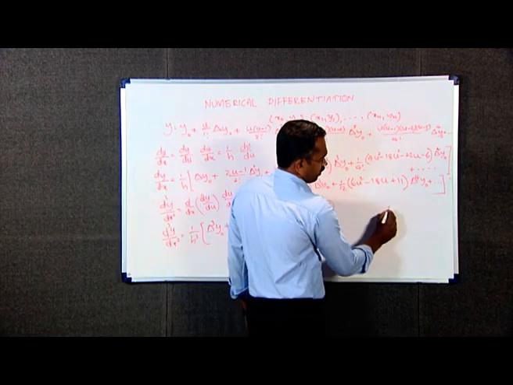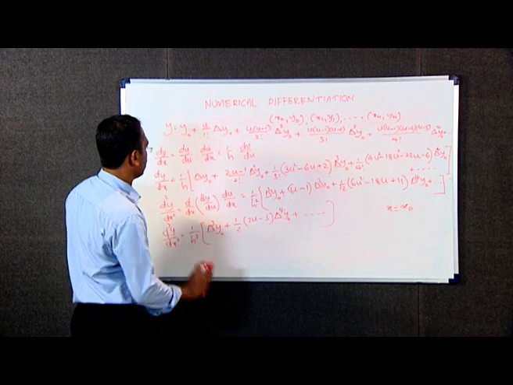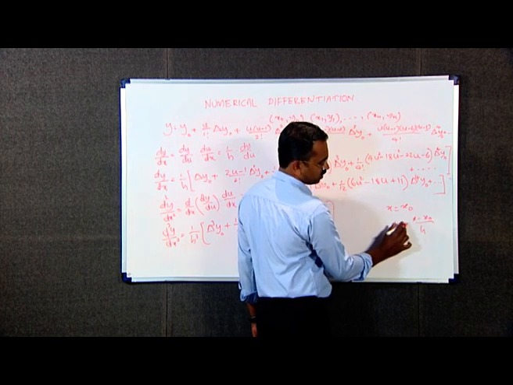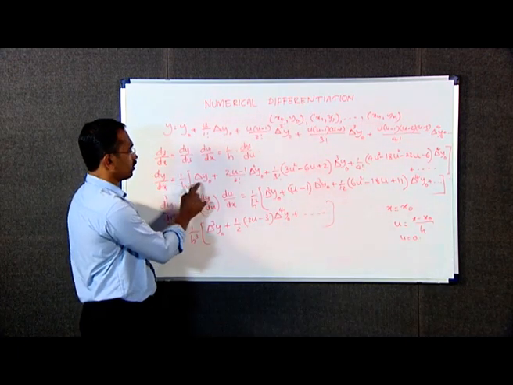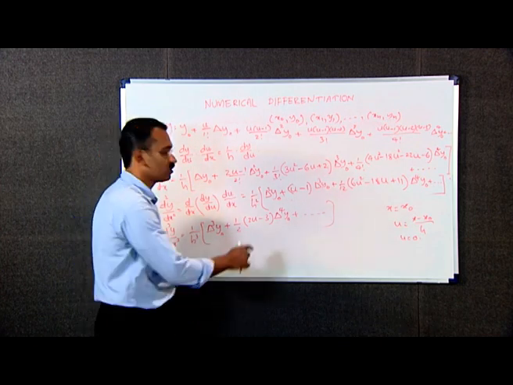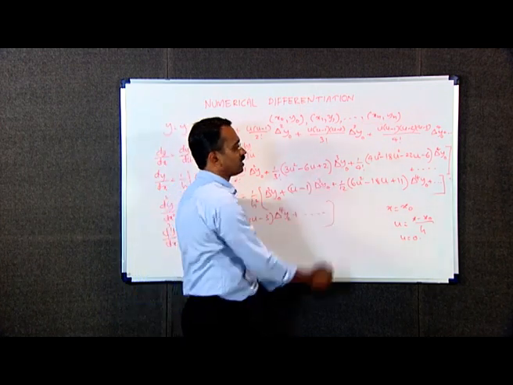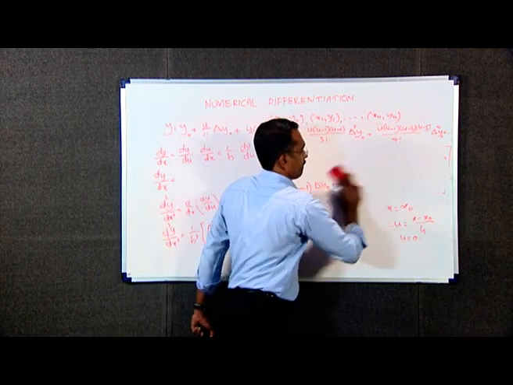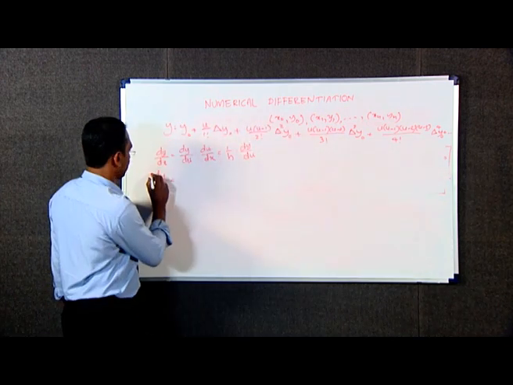When x equal to x naught, these three formulae will become dy by dx at x equal to x naught. If x equal to x naught, u will become 0, because u is x minus x naught divided by h. Therefore, the first derivative will become 1 by h into delta y naught minus 1 by 2 factorial into delta square y naught plus 2 by 3 factorial, which is 1 by 3, into delta cube y naught plus etc. That is dy by dx at x equal to x naught